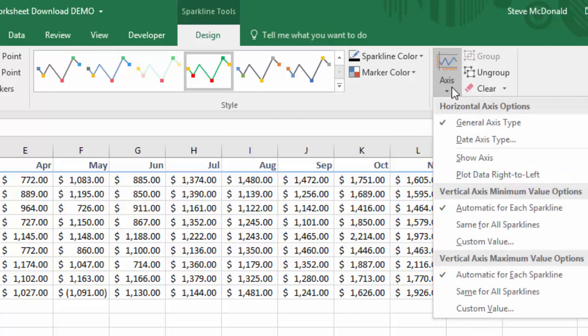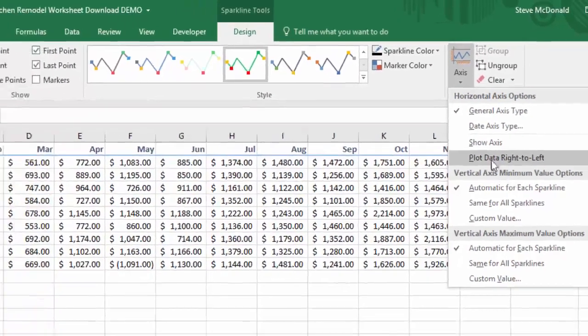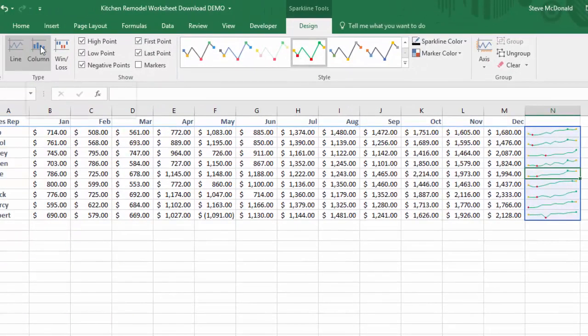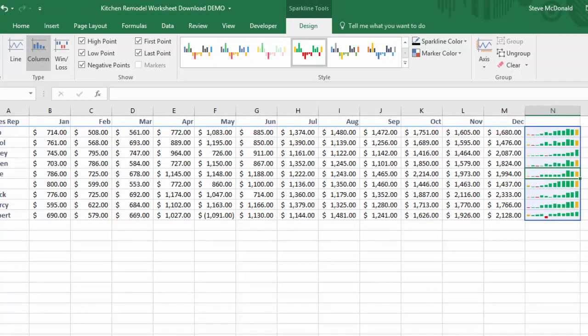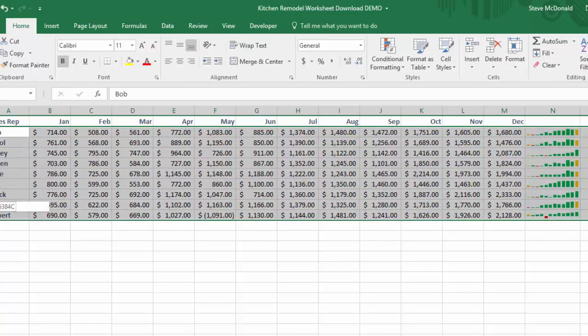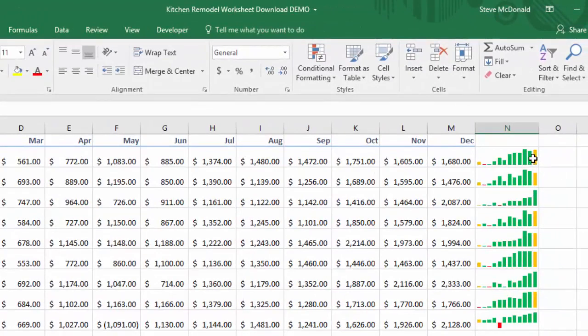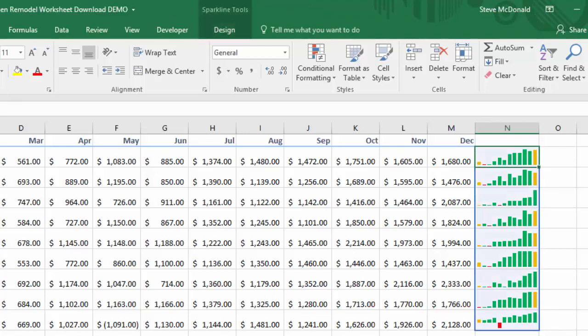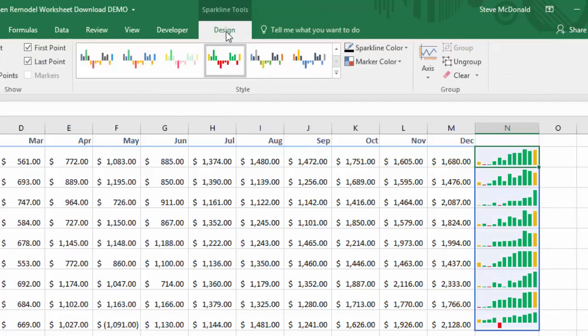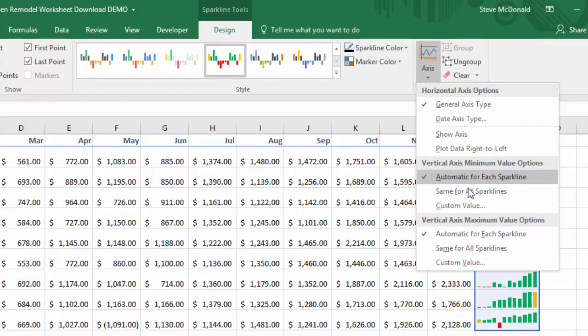You can change your axis, and down here, this is an important point when it comes to columns. Let me show you this. If you have columns selected here, let's go ahead and make these a little bit bigger so we can see them. There we go. Okay, you'll notice that the high points on these are all at the top of the cell, but they're not really relative to each other, which is a problem because it's a little bit misleading. So what we'd want to do is go to our design tab, go to axis, and